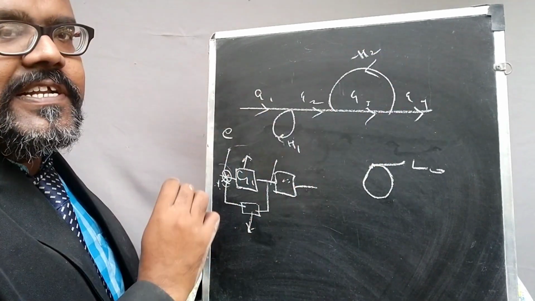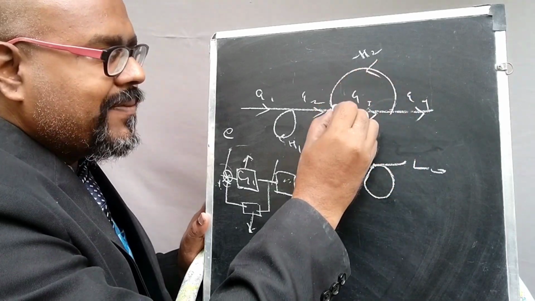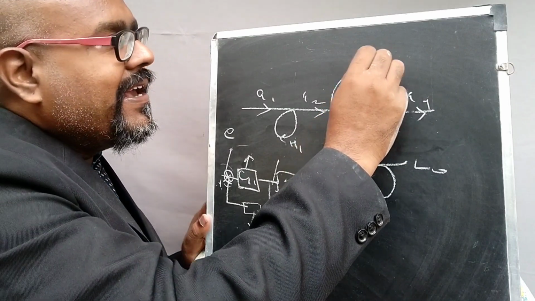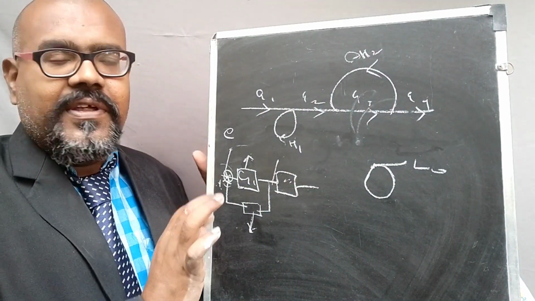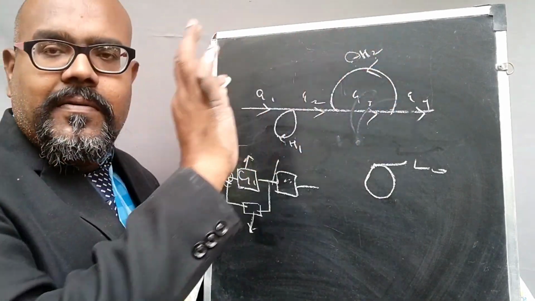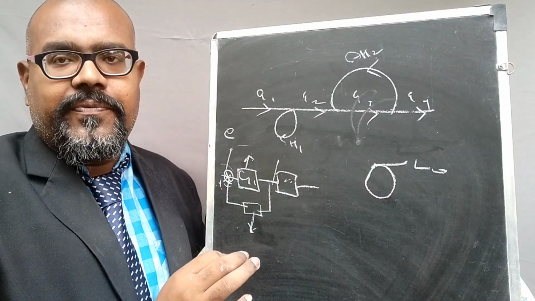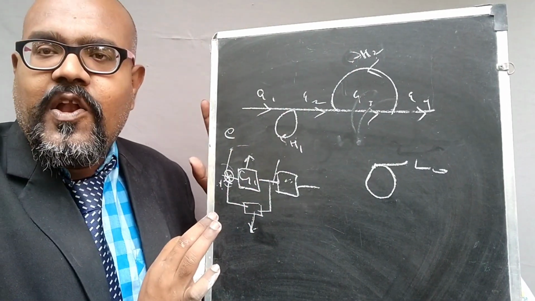Here it is also considered as a loop because it starts from one point, it is moving like this and ends towards the same point. So it is also considered as the loop, so it is also a feedback. Here there is no need of indication of summing point. In front of the feedback elements itself, the sign indication represents whether it is positive or negative. Okay, here minus H2 is representing. So this is the feedback loop.